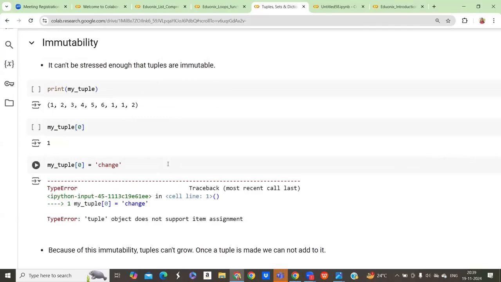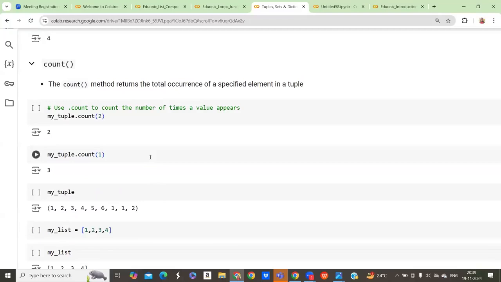Okay. Now here we are checking immutability, meaning here we'll check that अगर मुझे कुछ change करना है, can I do that? Let's see. Okay. So first there is